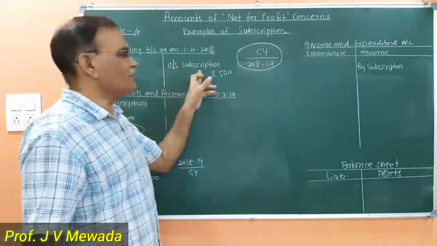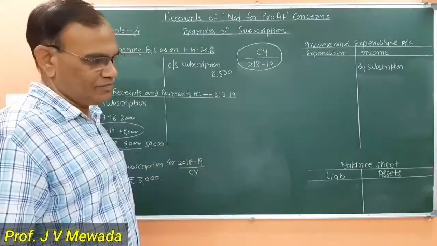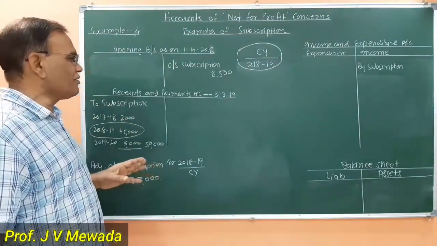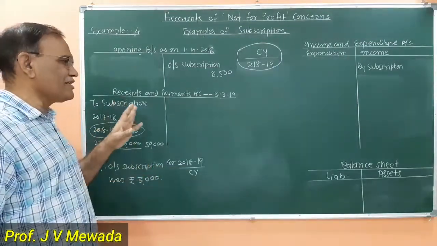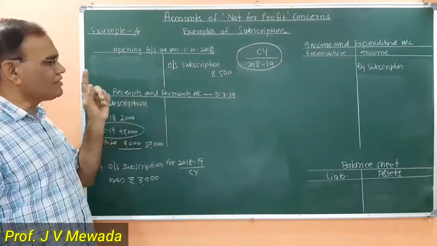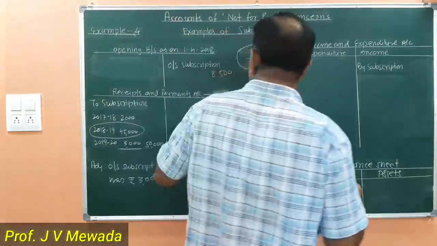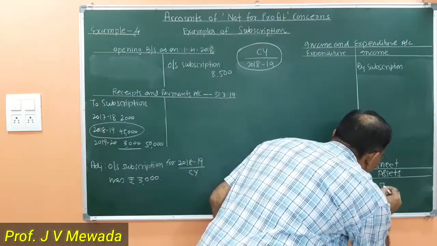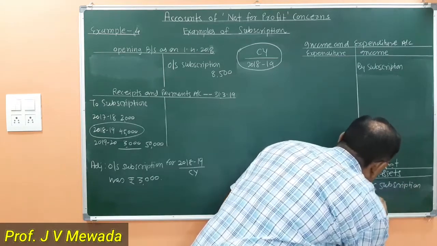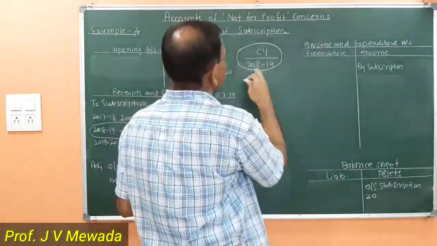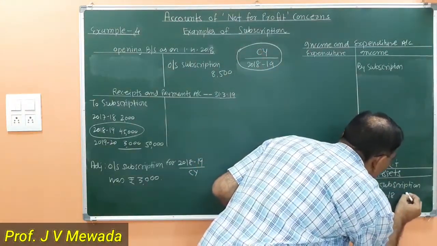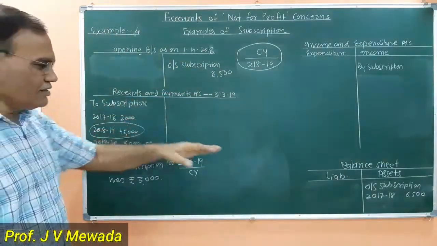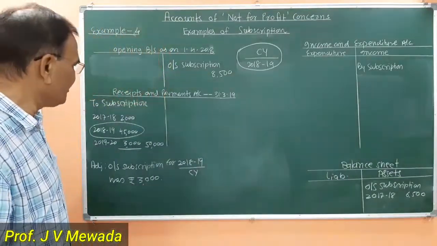First, our outstanding subscription is 8,500. लास्ट ईयर का सब्सक्रिप्शन 8,500 बाकी था, तो हमको इधर 8,500 मिलना चाहिए। 8,500 नहीं मिलके हमको सिर्फ 2,000 ही मिल रहा है। इसका मतलब अभी भी 6,500 बाकी है, तो 2,000 का हमको कोई एंट्री पास नहीं करना है। मगर 8,500 में से 2,000 मिला है, बाकी का 6,500 बाकी है, तो उसका पहले हम लिखेंगे आउटस्टैंडिंग सब्सक्रिप्शन। जैसे अभी ये एसेट साइड है, वैसे ही करंट ईयर के एसेट साइड में हम लिखेंगे आउटस्टैंडिंग सब्सक्रिप्शन 2000, which is the year 17-18, 2017-18 is 6,500. तो ये हो गया 8,500 आपको सब्सक्रिप्शन बाकी था, 2,000 आपको मिला, 6,500 अभी भी बाकी है लास्ट ईयर का 17-18 का। ओके, तो दिस वन इज ओवर.